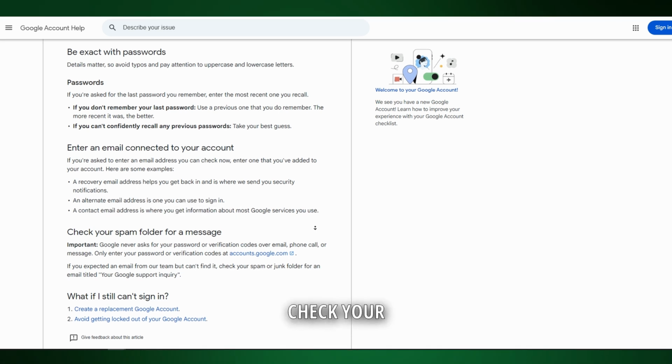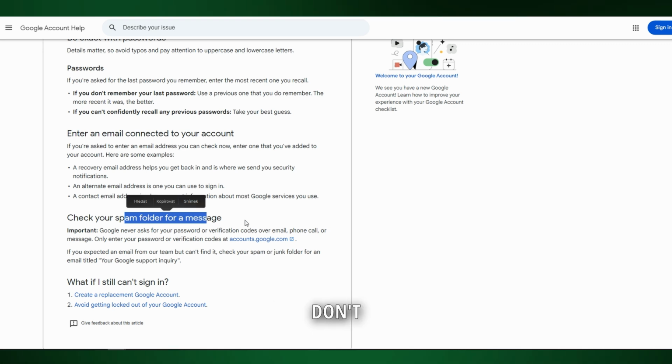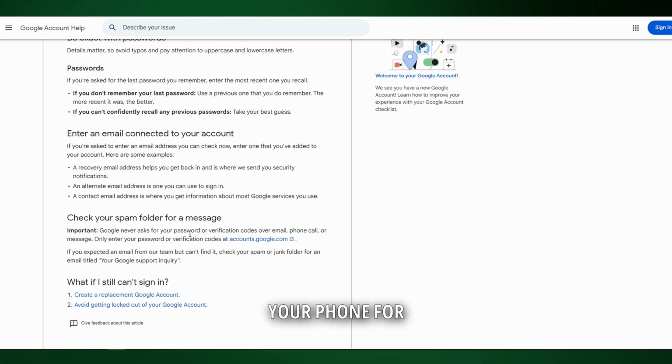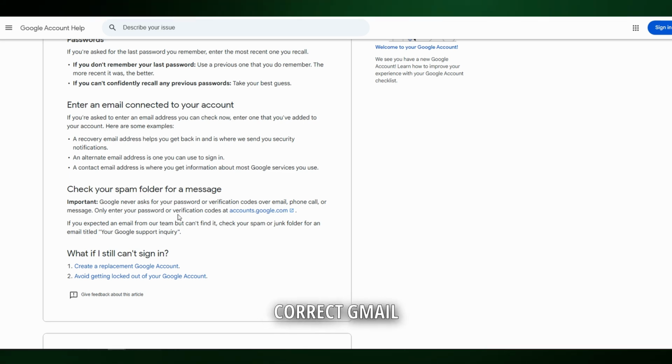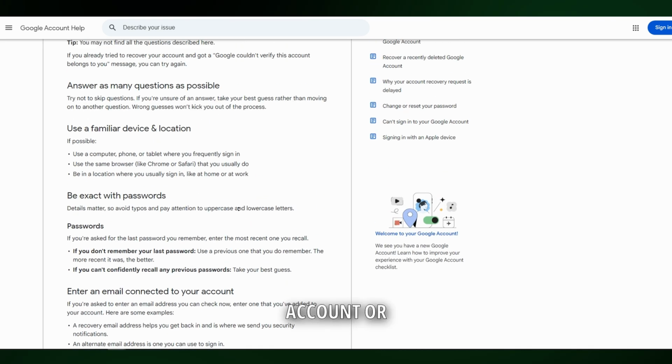Oh, yes, right. Check your spam folders, don't forget about that. Also check if you don't have your Gmail account blocked on your phone, for example, if you didn't receive any SMSs with the codes. And also, if you are using the Google Authenticator app, don't forget to check. If you have multiple Gmail accounts, don't forget to check that you are on the correct Gmail account or Google